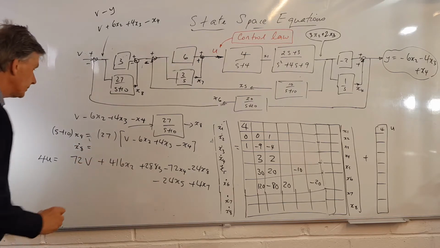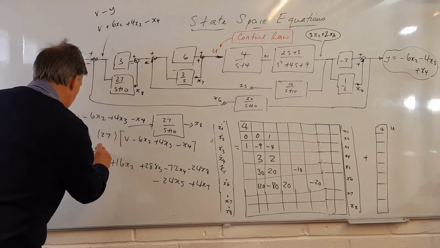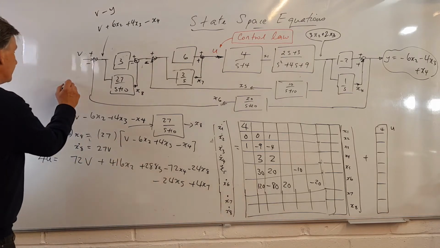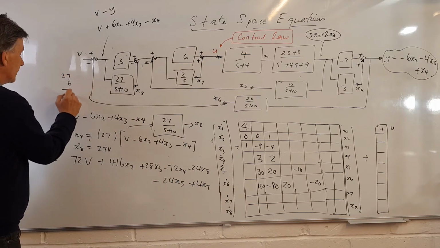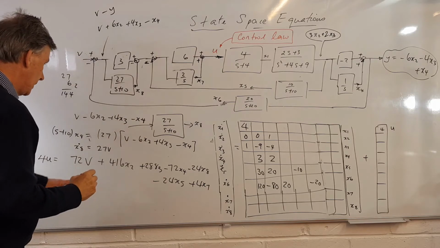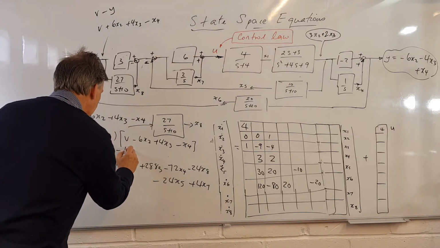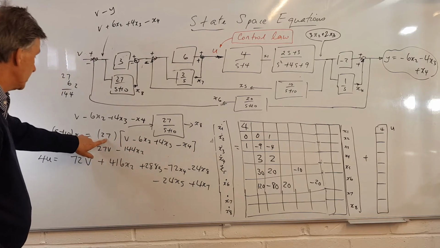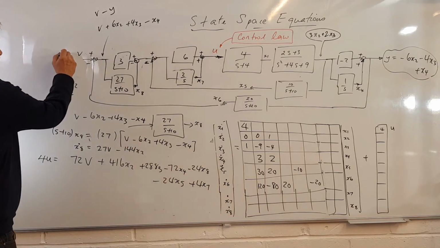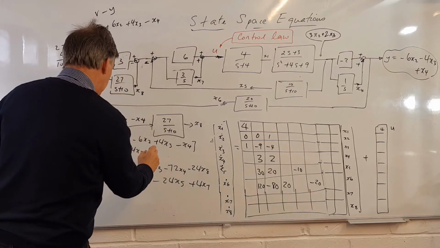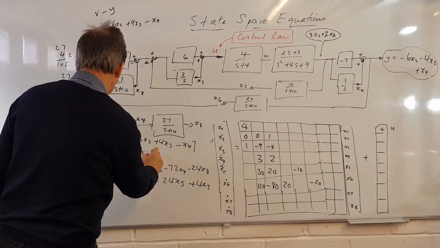So we'll get x8 dot equals 27v. Then we've got 6 27s, so 6 times 27 is 162... so it'll be minus 144x2. Then we've got 4 27s, so 4 times 27 is 108, so that's going to be plus,